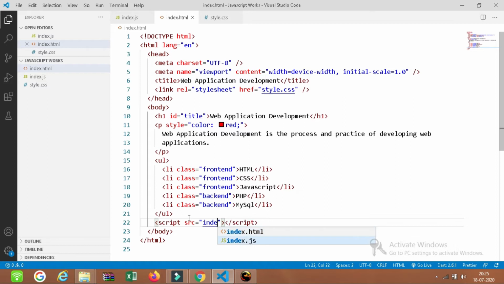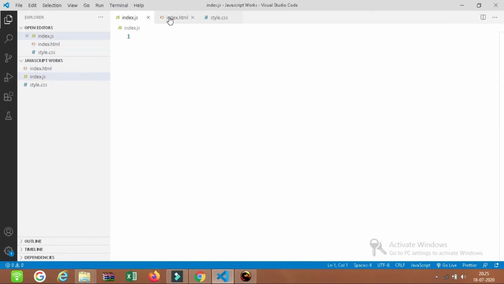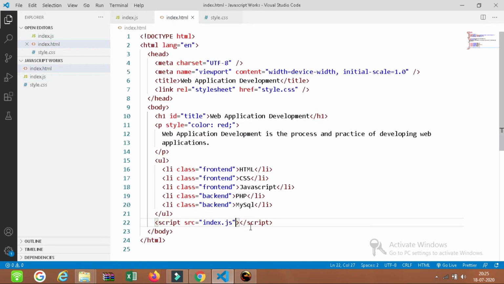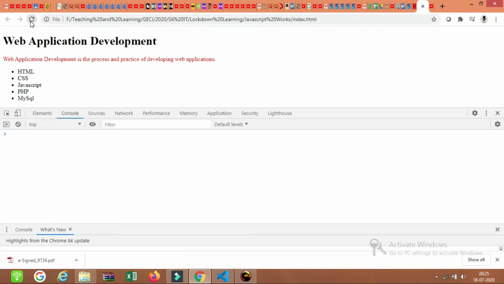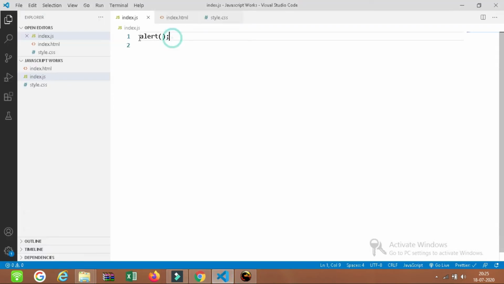Now this JavaScript file has been included in this HTML. Let's check that first. I will print an alert message first, a blank alert message, and check whether it got displayed. I will save it and refresh this page. The alert message appears, so this script is included in the page.